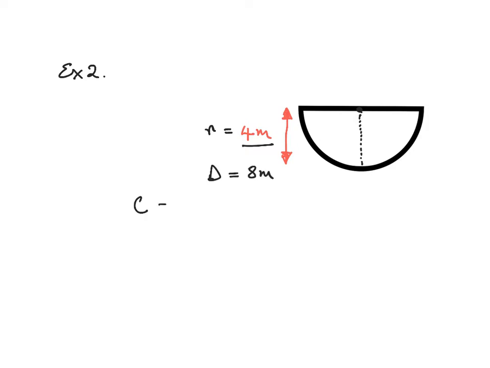So circumference equals pi times the diameter, and that's pi times 8, and that's 25.13 meters. Now, since we have a semicircle, what we should do is divide that number by 2, and that gives us